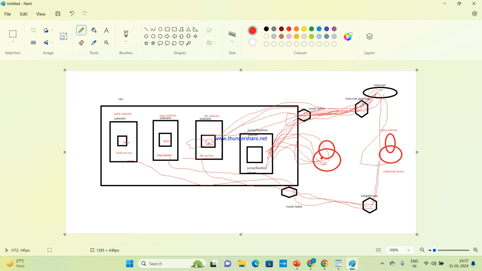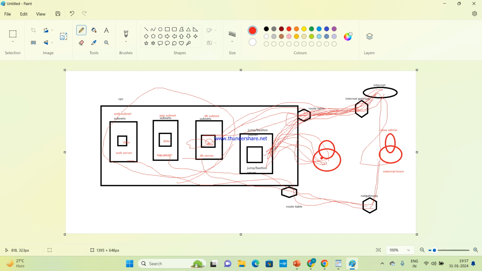The hackers cannot hack the other servers, because if we gave them direct internet connection, then the internet is vulnerable and they could hack them. That's why these are private subnets and private servers. For these private subnets and servers, we use a NAT gateway. And for the bastion, the jump server, we use an internet gateway.